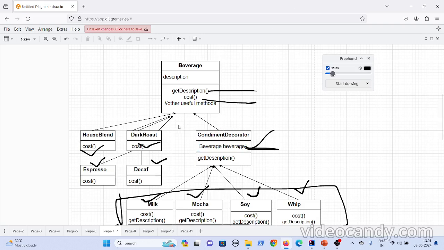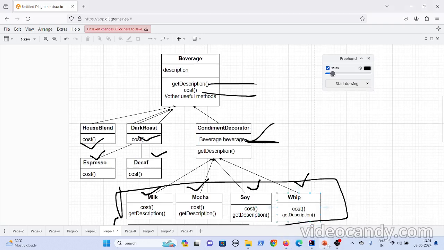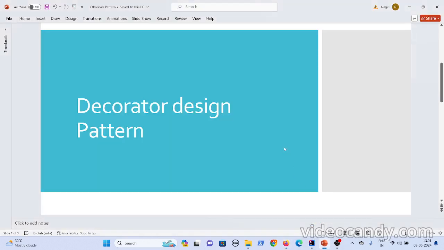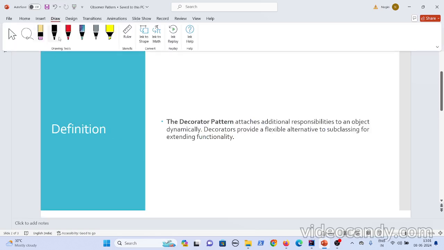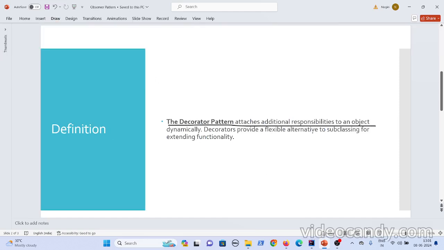Okay, now let's see the official definition of the decorator pattern. What it is saying is, it attaches additional responsibilities to an object dynamically, right? Because whenever a person comes and states a requirement, only then are you adding additional behaviors to the actual object. You are not doing it during compile time.